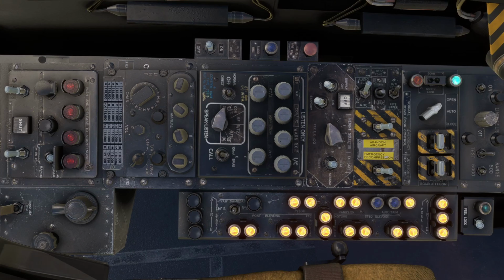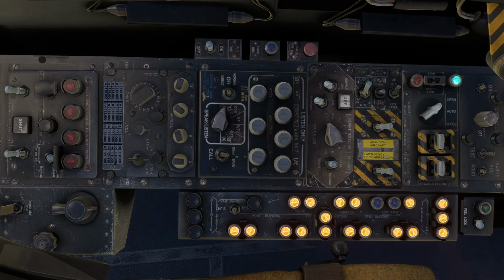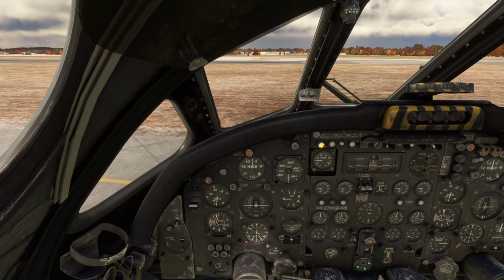We want to power on the radios now, and to do that we go to this UHF panel. UHF, you can just see there, and we want to turn that 2 clicks to TR plus G. I'm going to turn the volume up just because I can. Okay, and now we can just reset our view back,